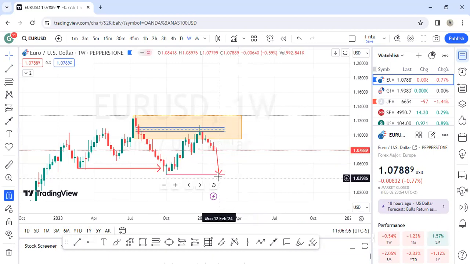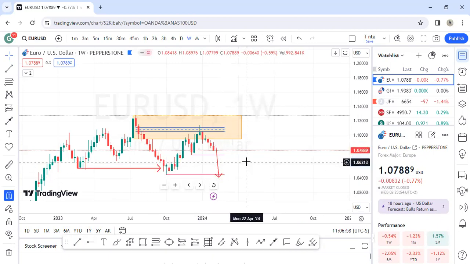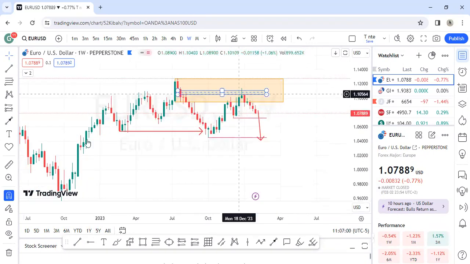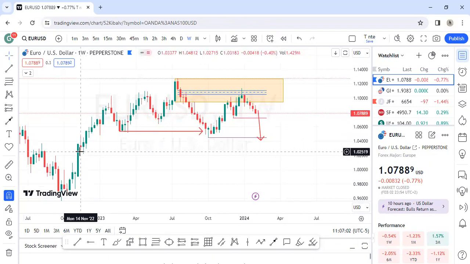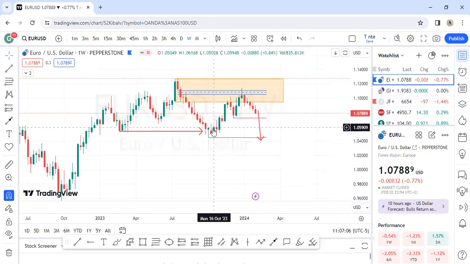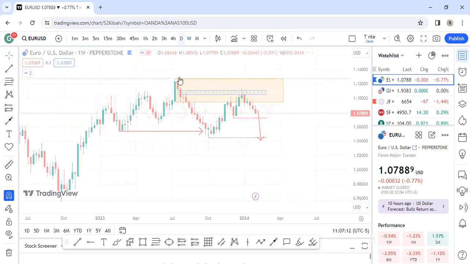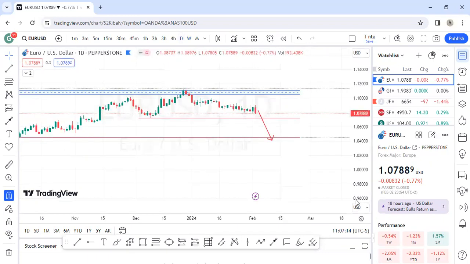This swing will be very nice to see the market breach into. That's what I would likely want to see for this pair, and consequently we might break at least to this point. But this will be my overall low that I'll be looking at the market breaking. So that is what I have for the euro dollar.